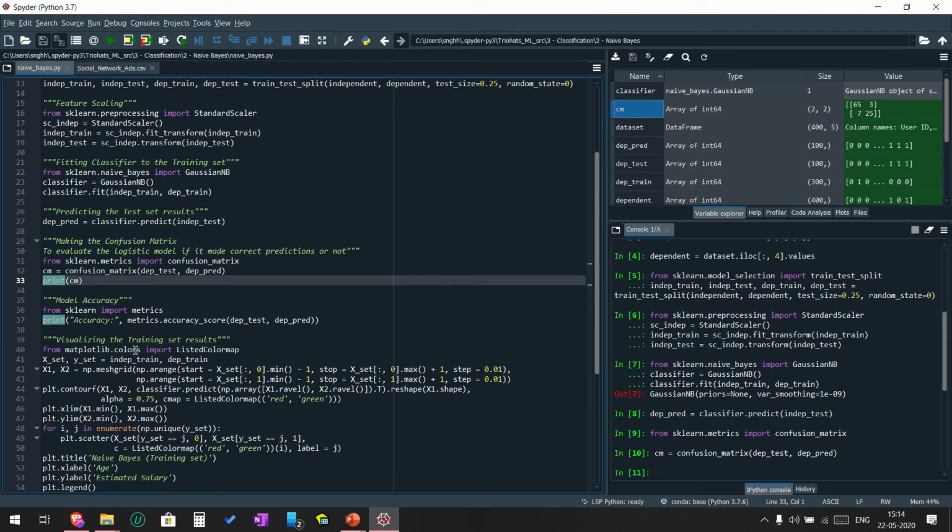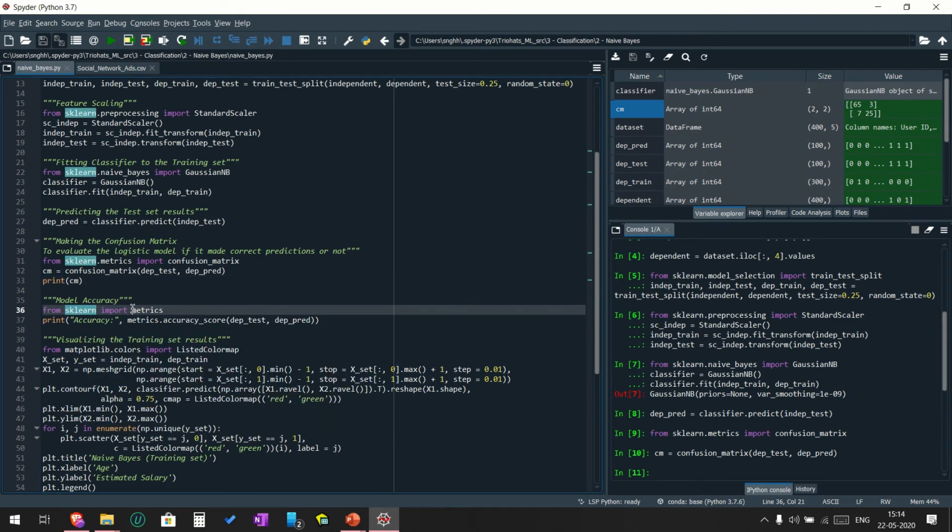And the other method to check its accuracy is the metrics score. So from the sklearn library, you call the metrics module, and accuracy_score is the method which belongs to the metrics module.